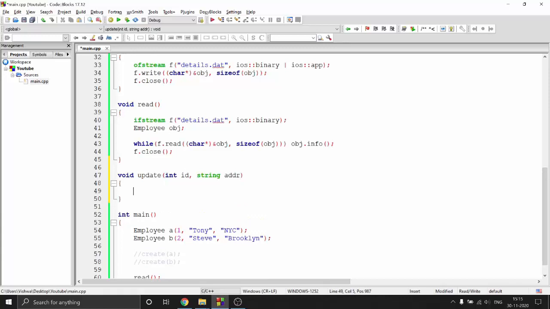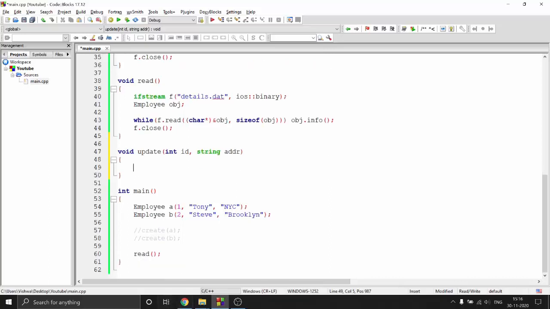Now what I want to do here is open the file in read and write mode simultaneously. Why? Because once I get to an object, I first need to search for a particular object, which involves reading the object, right? Let's say I have these two records. First of all, I need to search whether this record is what I want. So let's say I want to update this employee 2, and I want to update this address. So first I need to read through the entire records I have. I want to find out whether this thing exists or not, and then if it exists, I'll just go back a record and overwrite it. So that's how it works.